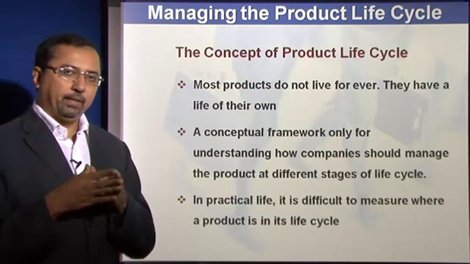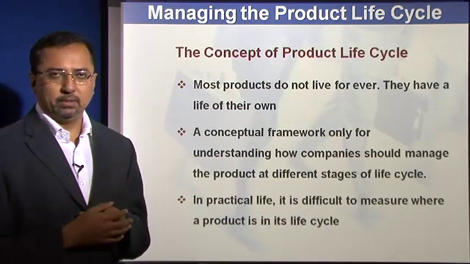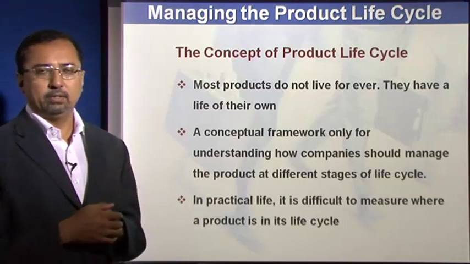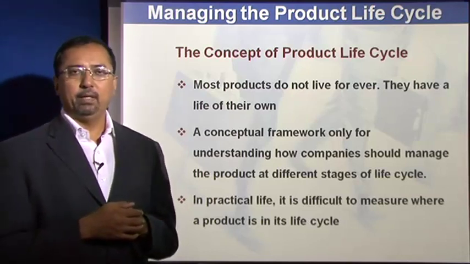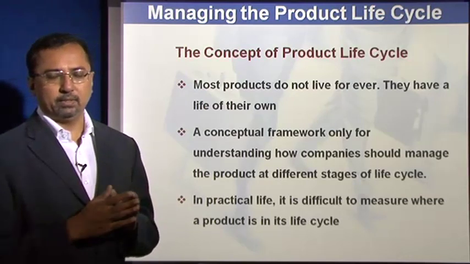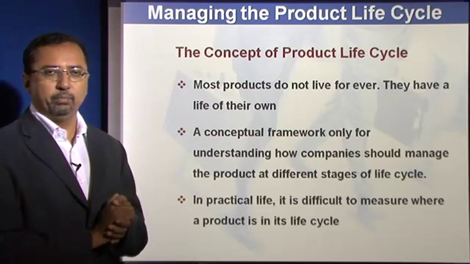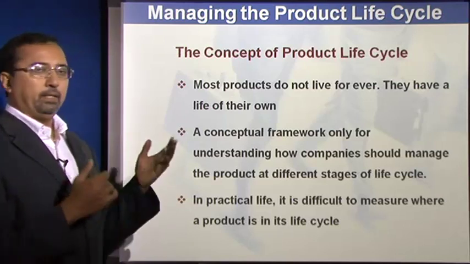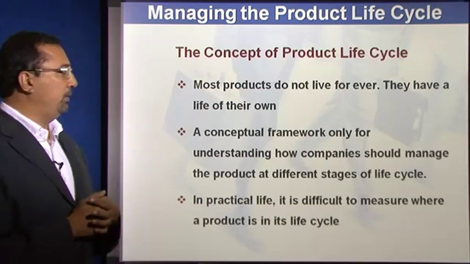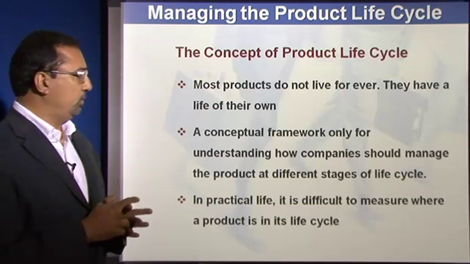So as we can see, like with humans, very few products have lasted and lasted and lasted. Salt is one product which has been there for years and years and years. So maybe many food products might have lasted, but specific brands with respect to food may not have lasted. So like we can imagine with humans, many products also have a life and life cycle of their own.